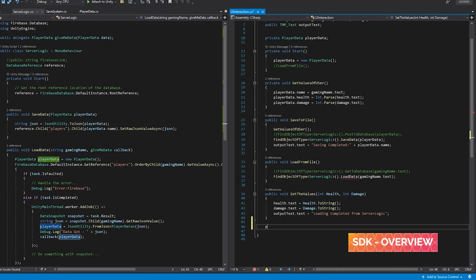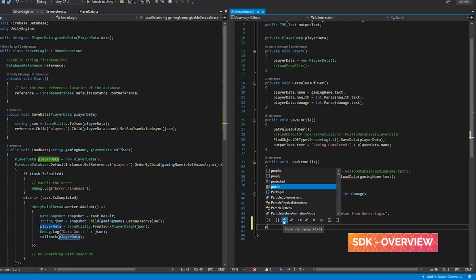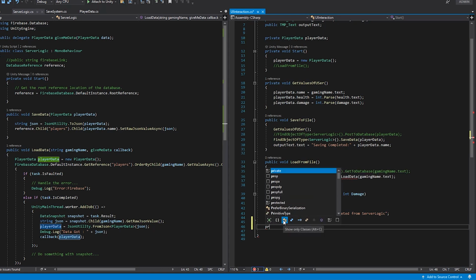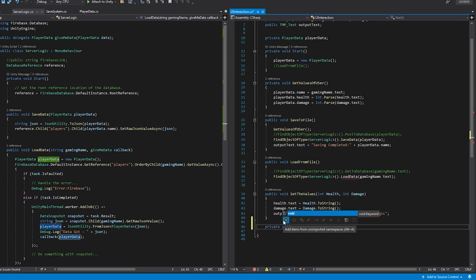Let me explain again what's exactly happening. When we call the LoadData function, it will fetch the values from the server. It will then add the process in the queue on the thread. Once we get the values, we pass them as a callback to be used anywhere in the project. Once we get a callback, then the job is done and the thread moves to the next job in the queue. This is what's happening in the code.